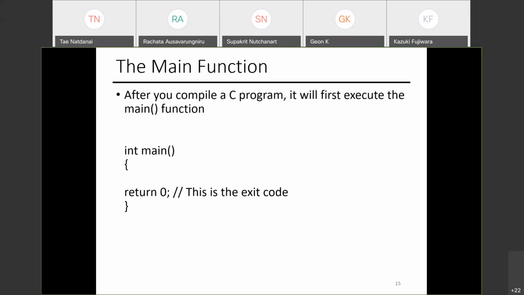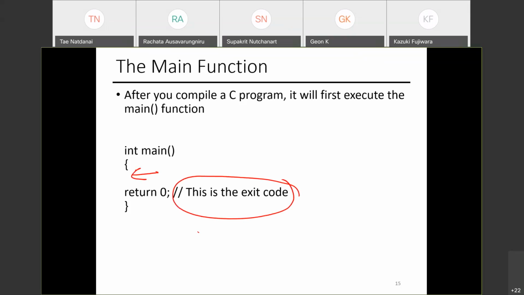So the main function is where you start your program. Whenever you run a program, the first line in the main function is where you start when the program starts. This is the exit code of your program at the end of the main function. You can return other values as well.